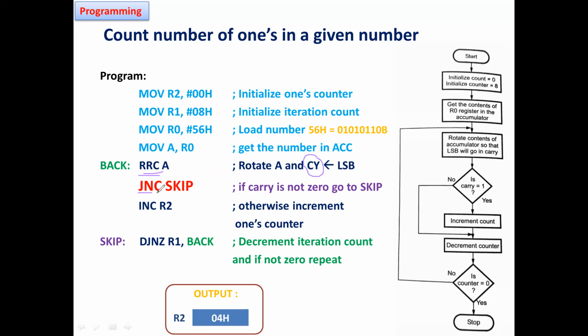Based on this condition, if there is a 0, no increment, that is, it is not 1. So we are not going to increment the data which is stored in R2. If it is 1, we can come to know how many 1s are there. So from this, easily you can understand. Okay.